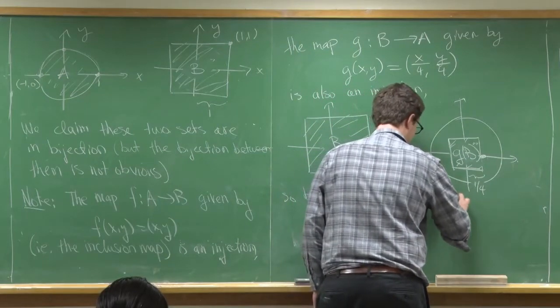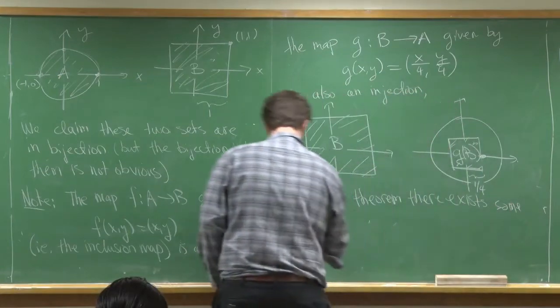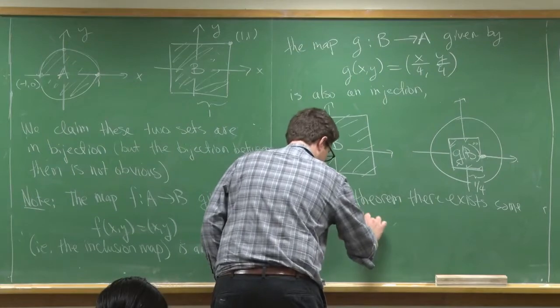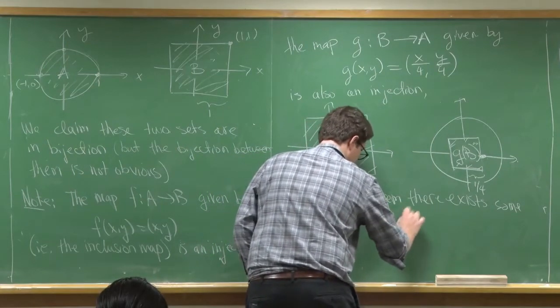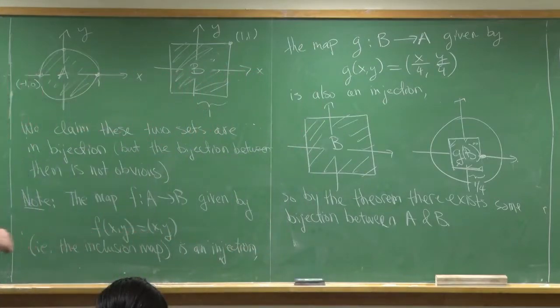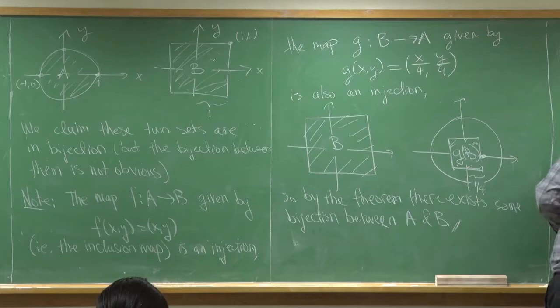there exists some bijection between A and B. Does that make sense? Okay. So in our particular application,